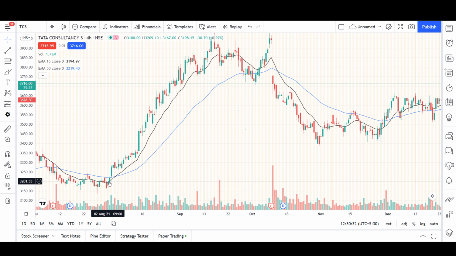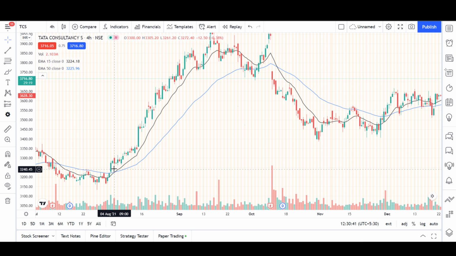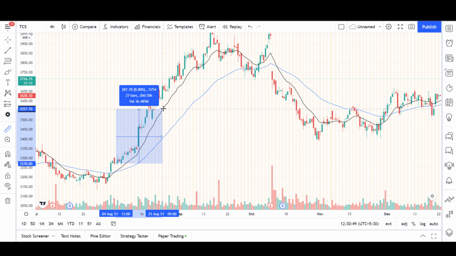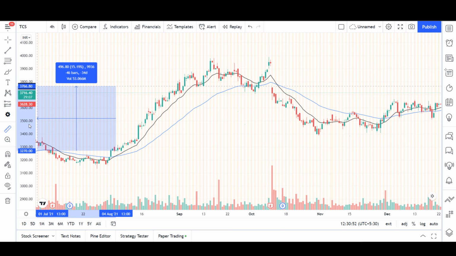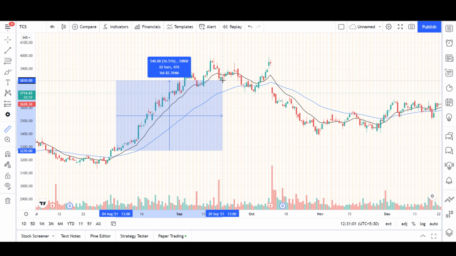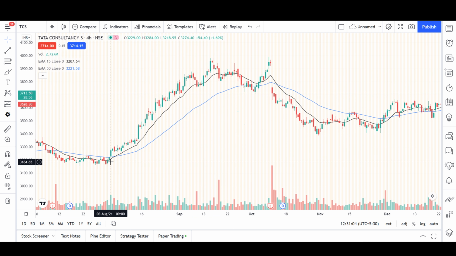As we can see here, the 15 EMA crossed the 50 EMA from below it, generating a buy signal. This is the candle on which we get the alert on the stock, and this is the candle on which we enter the stock. Let's assume we entered somewhere here. The stock went up by around 20%, but let's say we got around 15% from 4th August all the way to 6th September, which is a pretty good profit in a company like TCS.